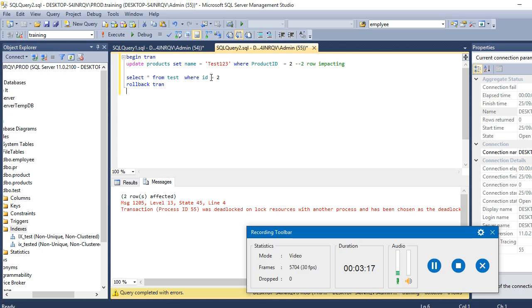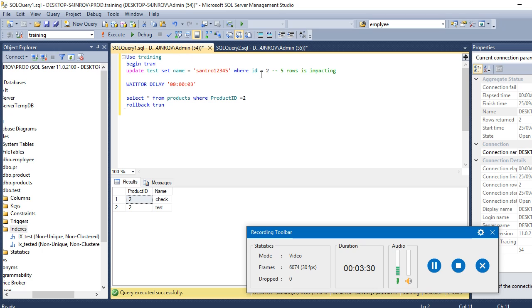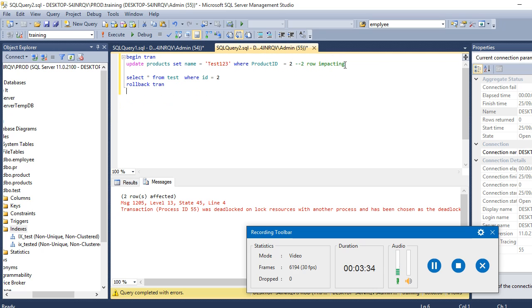SQL Server will first consider the work done by both transactions. Here in connection 1, we are updating 5 rows and in connection 2, we are updating 2 rows. So the less work is done by transaction 2, and in that case SQL Server will terminate that transaction.